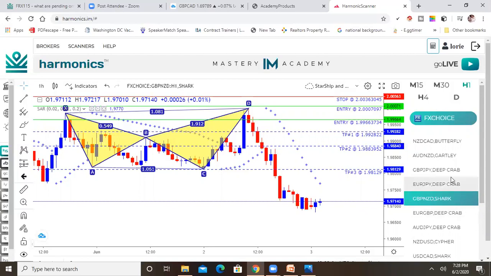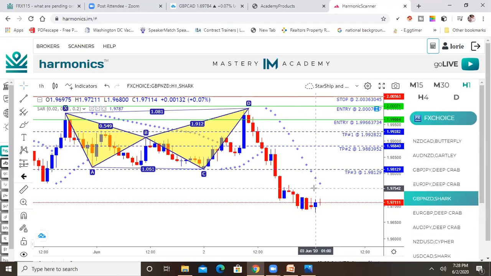Over here on the right-hand side, you see there's quite a few things from the top to the bottom. The most recent pairs that are coming out to be forecasted are at the top. These are the freshest ones you want to pay attention to. Okay, so as it goes down, some of these have already taken profit. So I'm looking at this one as if it's still 4 o'clock in the morning and all of this activity didn't take place. So let's look at this and just make sense of this to see what I would have done